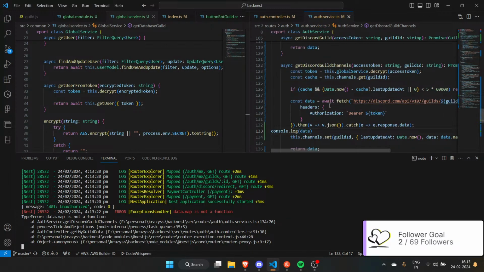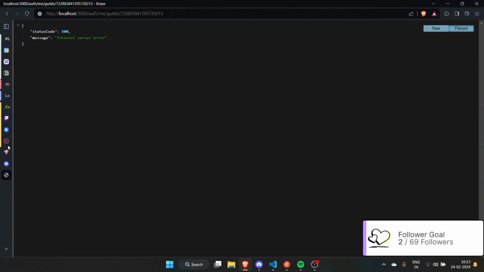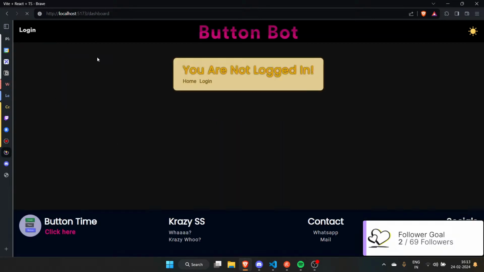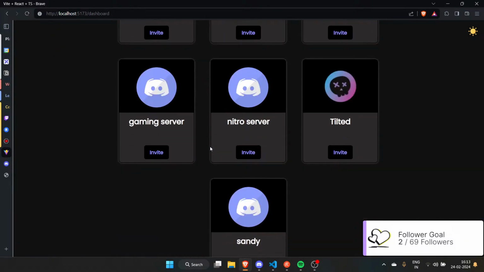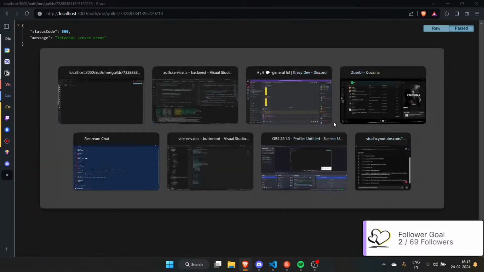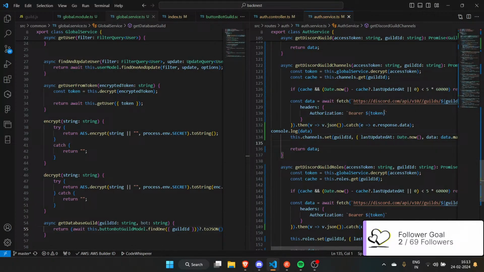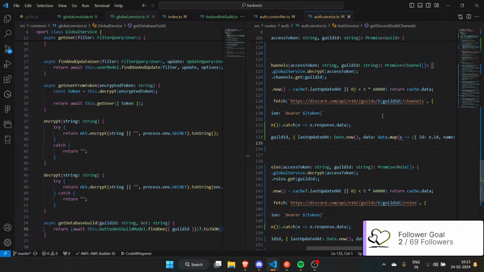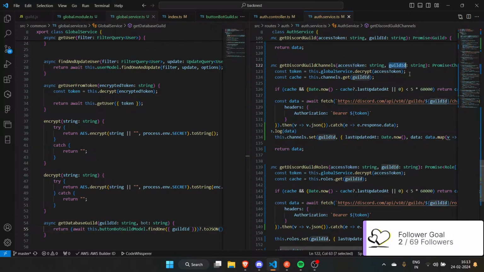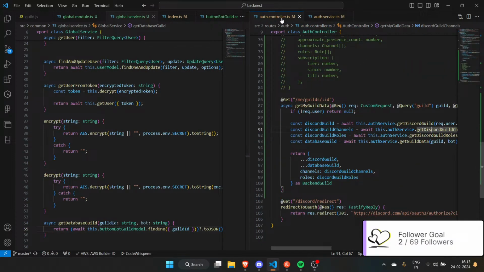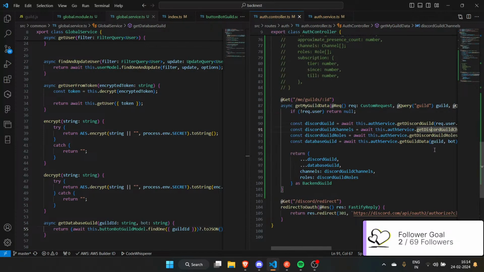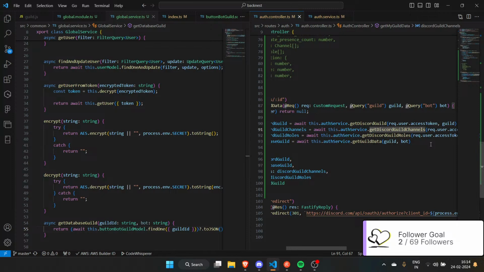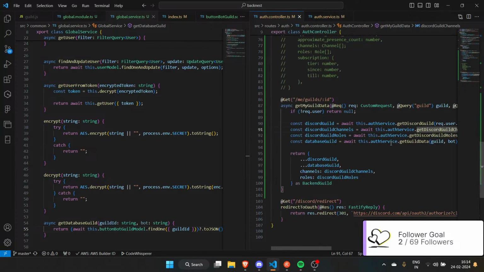Guild ID/channels. I am not authorized. It is not forbidden, it is unauthorized. That should likely be fixed with a login. I don't see a need to log in though, because I'm able to get the servers. But I'm not able to get this particular thing. I am not authorized for some reason. Access token, comma guild ID. Okay, we have the access token, comma guild ID. Get Discord guild channels, roles, guild data is equals to guild comma bar.